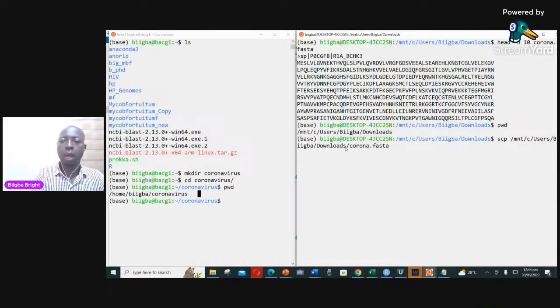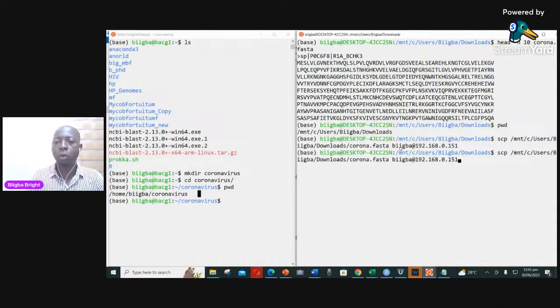So now I have finished all the path, the absolute path to where the file is seated, this corona file that I'm taking to my server here. Now I need to put the address of the server, where the file is going to. The address of the server is 192.168.0.151. Oh, sorry,